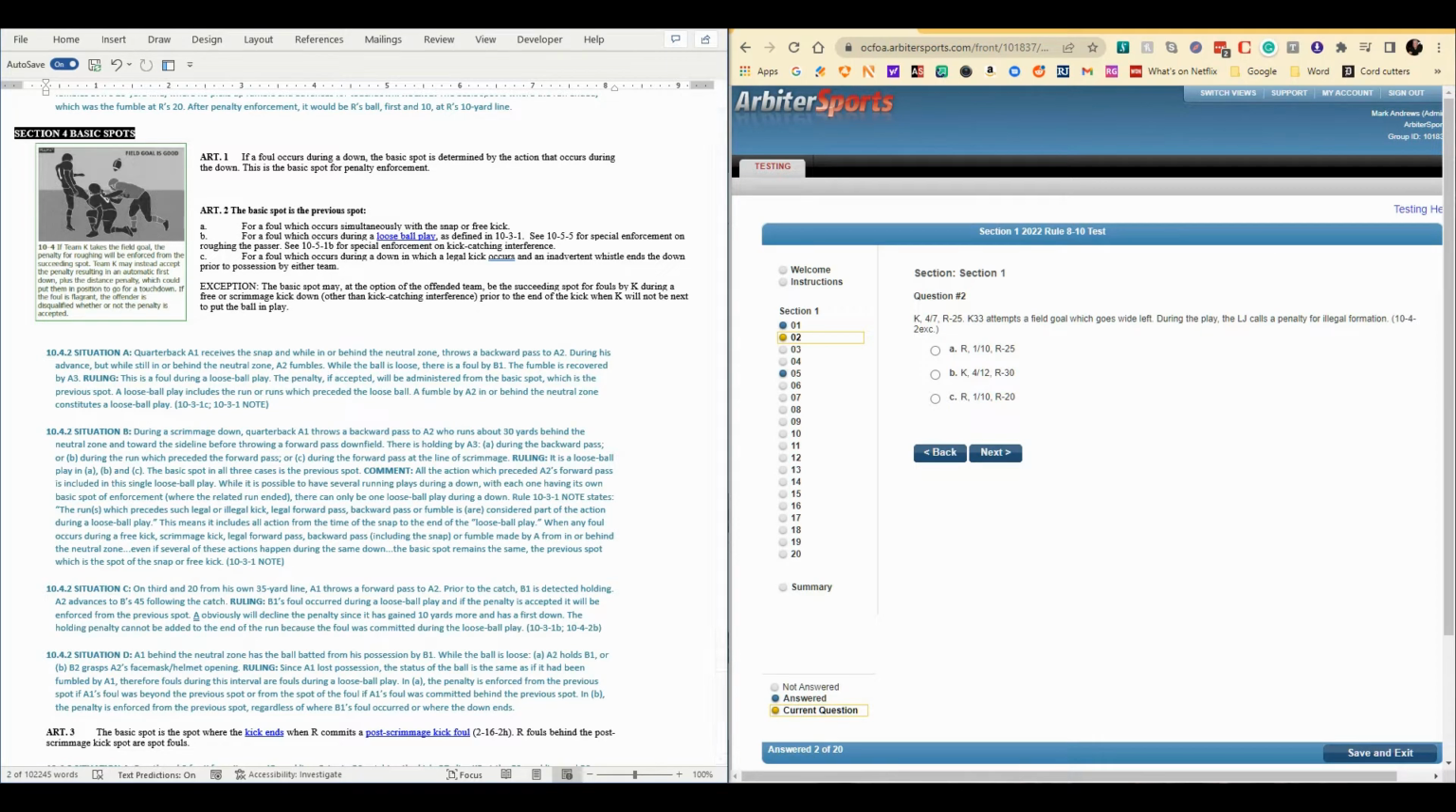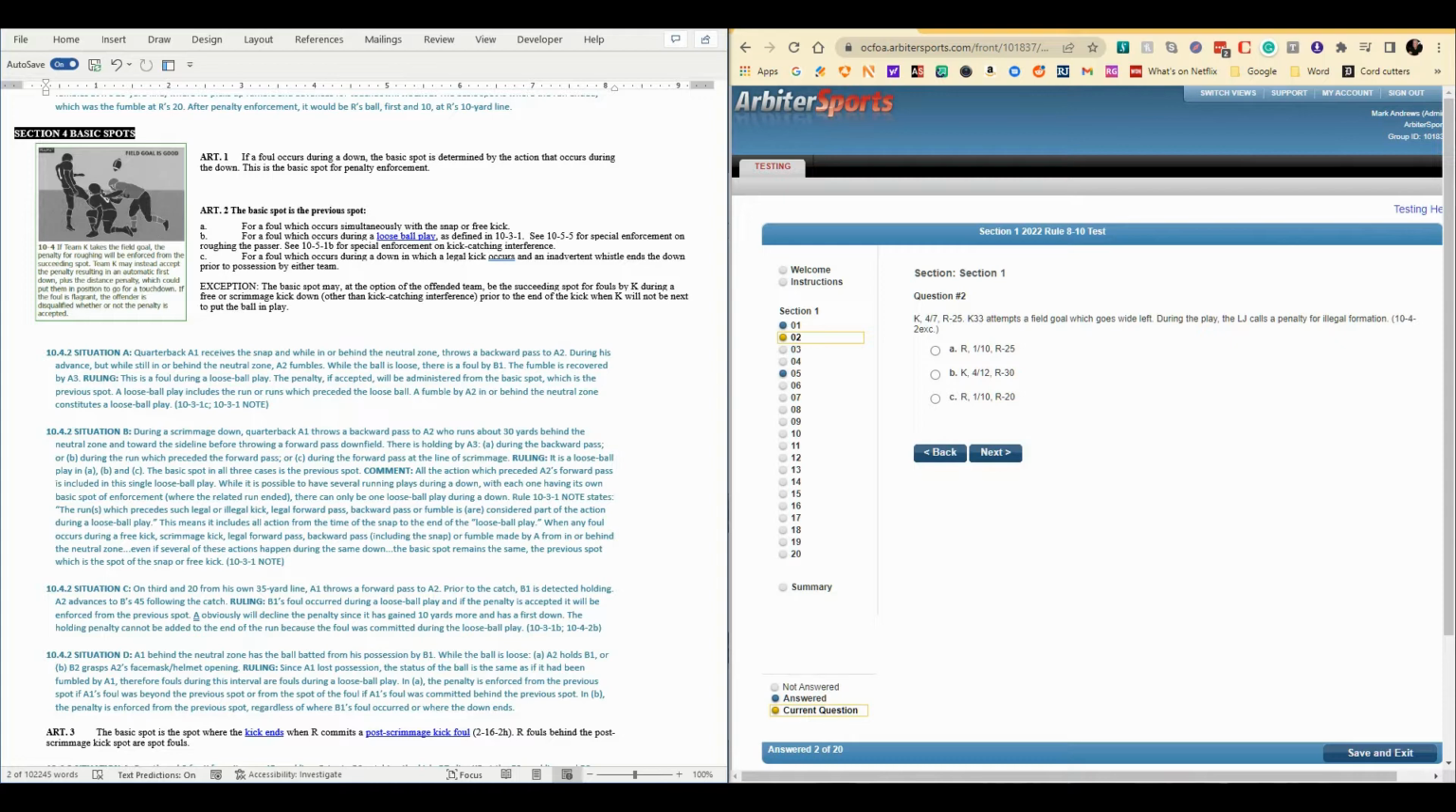Question number 2. K, 4th and 7 at the R25. K33 attempts a field goal, which goes wide left. During the play, the line judge calls a penalty for an illegal formation. So we've got a missed field goal, which is a touchback, right? Unless it lands in front of the goal line. But in this case, it did not. It went wide of the goalpost. So we've got a touchback. We have a 5-yard foul. And normally,